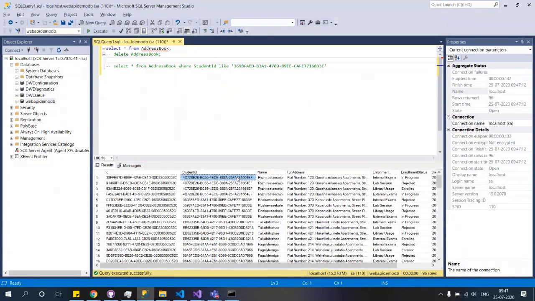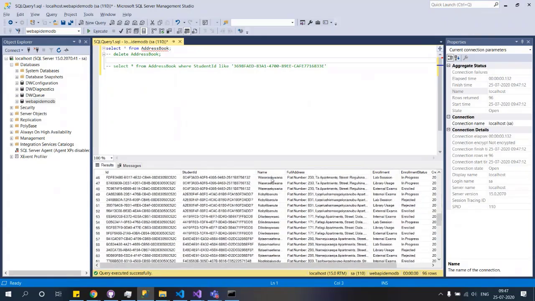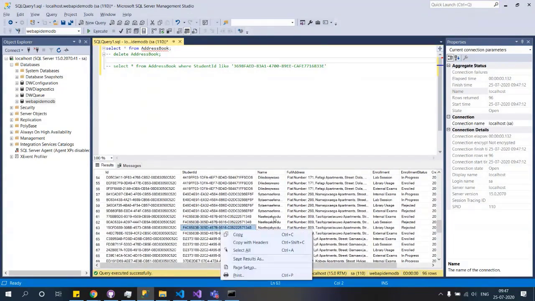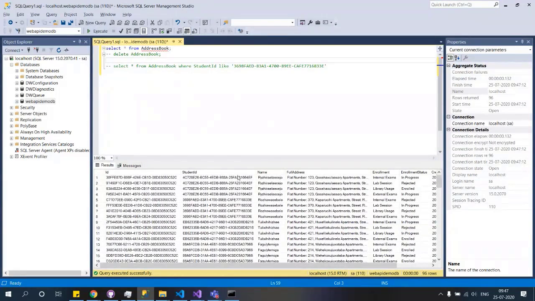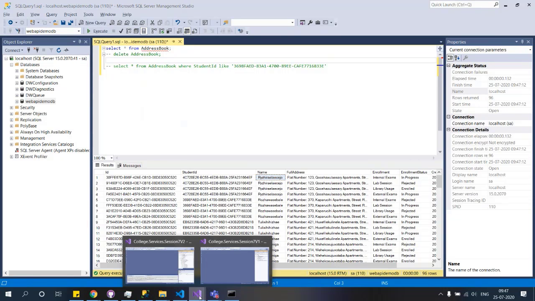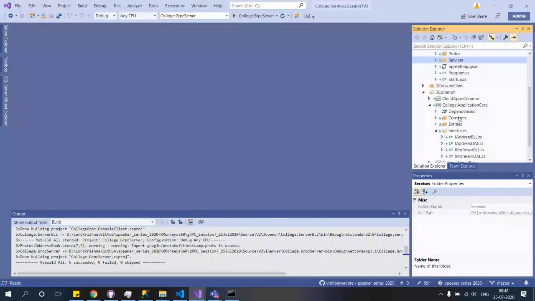And if you see this, the GUID and the name, those two things will differ. This is a random name generator sample which I picked from Google. I didn't write this one. So it creates this unique combination. So now we need to write a method where we will be able to retrieve this one set of rows. Okay, we'll see how we can build it, and then we will go to the server side streaming.